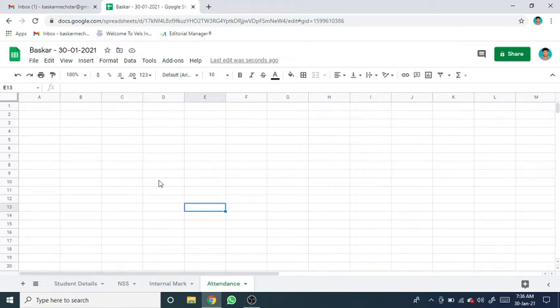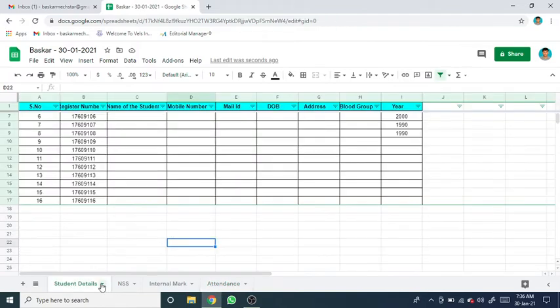And one more thing, I am going to student details, because in that sheet only we have the data. If you want to rename, you can rename anytime. In case of a sudden power shutdown while you are typing, say around 100 rows, you need not bother. It is auto save, because it keeps on auto saving. But in your Excel sheet, if you do not save, for example you are typing 100 data and unfortunately forgot to save, the entire data will be lost. But in Google Sheets there is no issue.